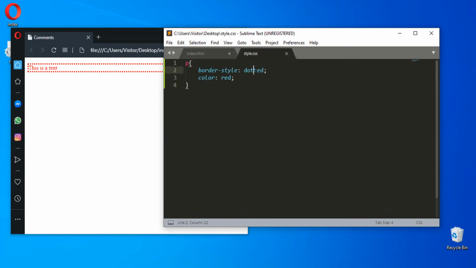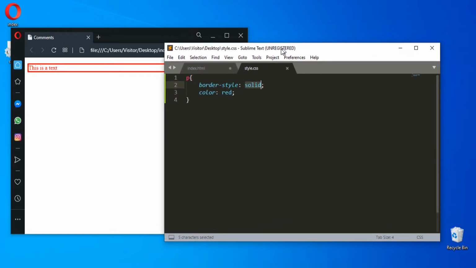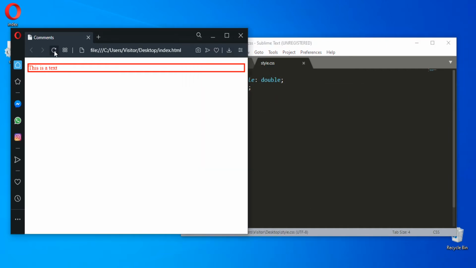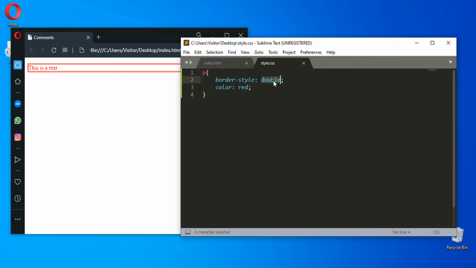So for example, it has a solid border, and for example, it has a double. So the double is a double border, and the solid is a solid border. It has a dash border,